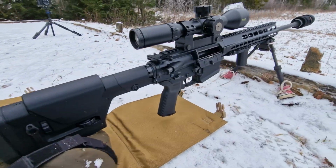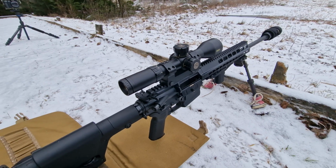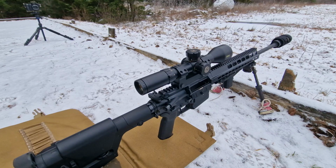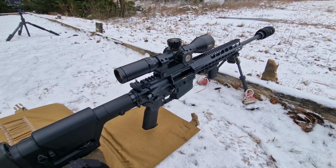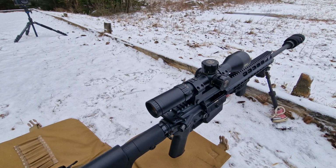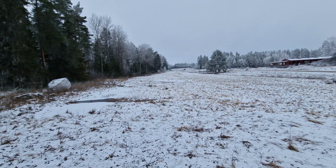So I'm shooting the Haenel CR6.5. Had some issues with the scope because it doesn't have a zero stop, so I was one revolution off. So that sucks. That sucks a lot. So I'm considering getting a new scope. This one is a bit old, and I noticed in this weather condition where it's white against black, which means maximum